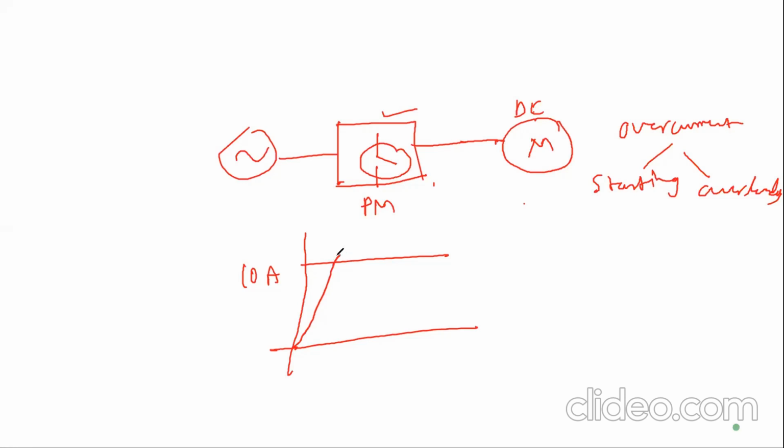When the switch opens, the current again falls. Again when it comes under the provided limit, we will switch on the particular power electronic switch, so the current will again rise. This operation will be repeated a number of times, so that the average value of the current flowing through the motor will be 10 ampere. Means what? By controlling the power electronic switch, we can limit the current from going beyond a permissible limit.